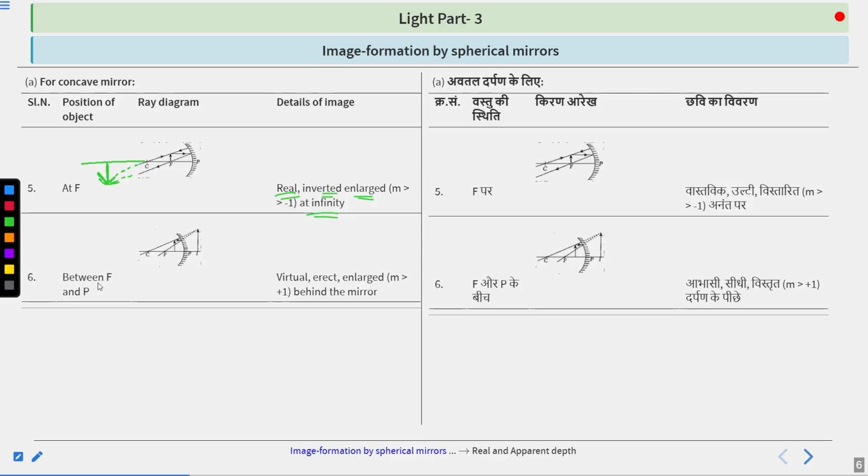Now, the sixth case, the object is between F and P. Principal focus, F. Now there is an object. Here you can see. So one ray is going like this and second ray is going like this. So even if you stretch them, what will you find out? The distance between them will grow only. They will run up parallel to each other. They will not intersect with each other at all. And if they are not going to intersect with each other, what will happen? No image will be formed.